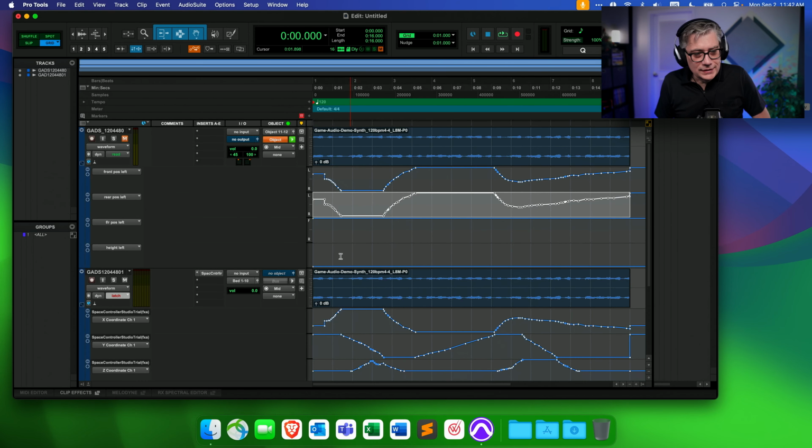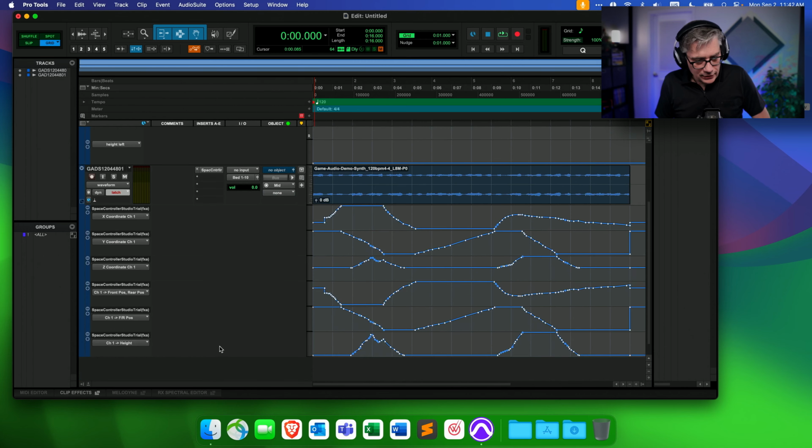Now that's just because of the way the Ultimate Painter works. Essentially, the Ultimate Painter has a very unique way of defining the three-dimensional position of a sound object. And don't worry too much about it. It's essentially just the way we need to do that. And then we need the distance between front and rear, and we have that here.